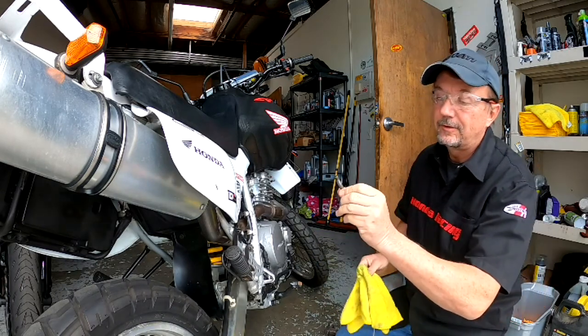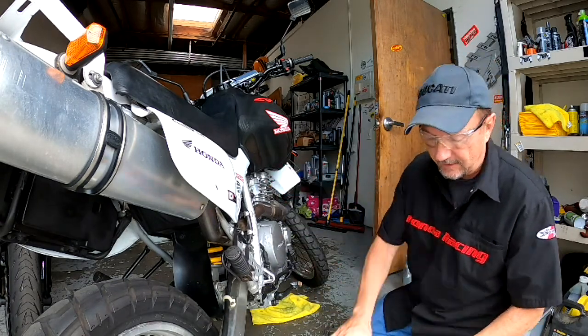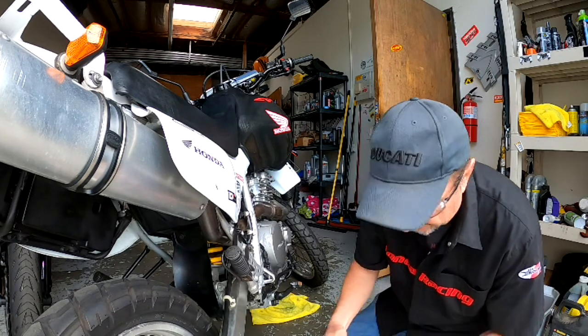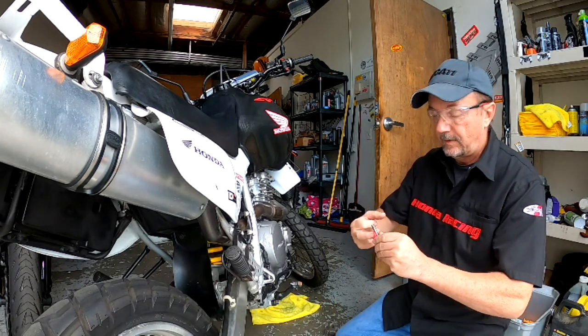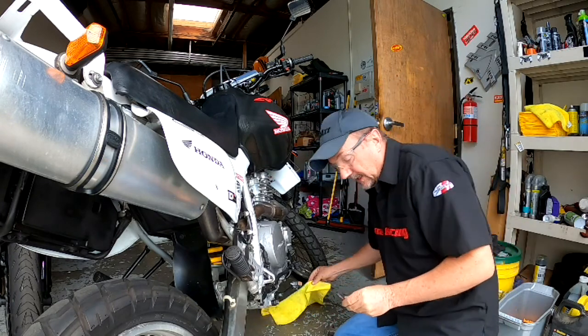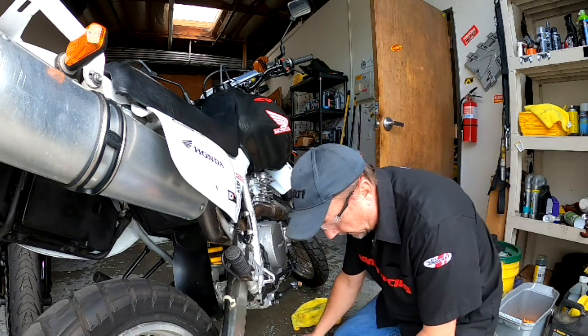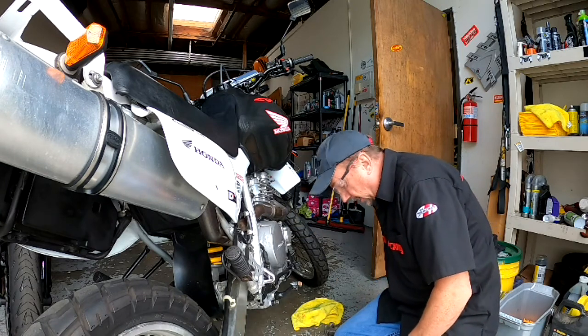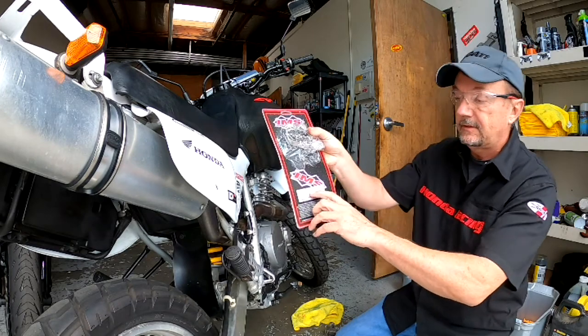Not much. And I'm going to put some of this Mobil 1 synthetic grease on it. Just a little spot on there. Going to keep it from rusting too much more or squeaking. Can't have that, right? Alright, now what we want to put on here, we've got these IMS Pro Series foot